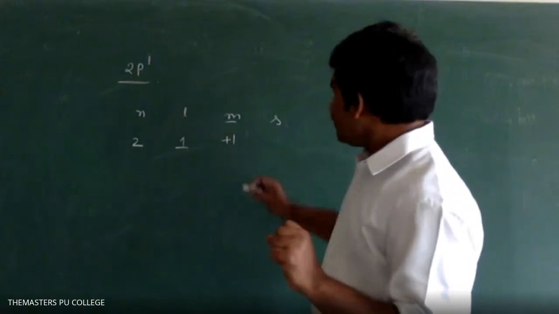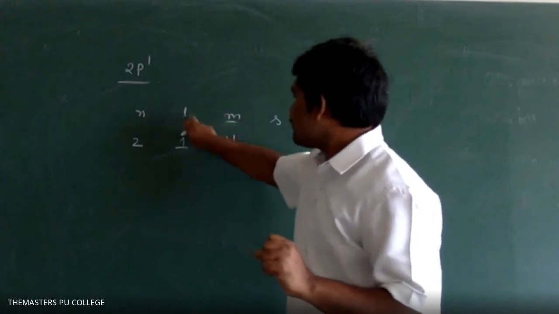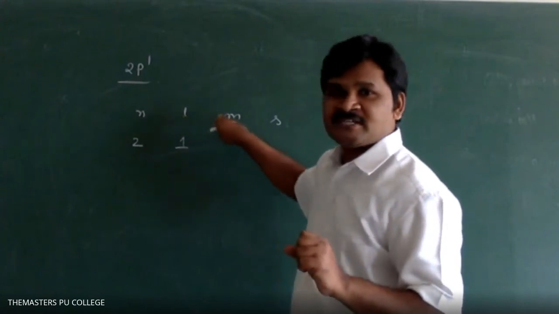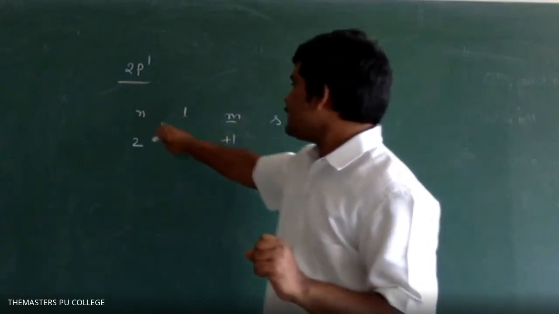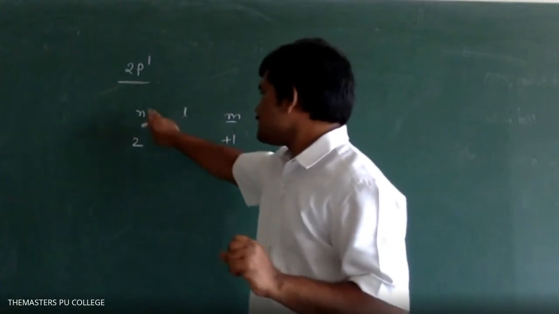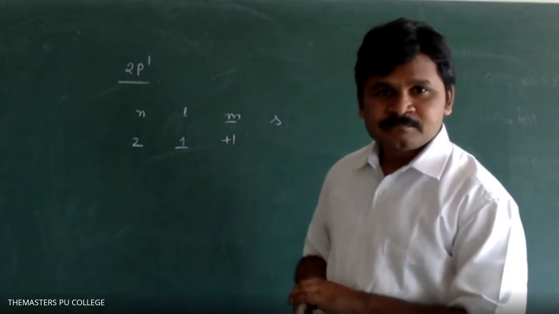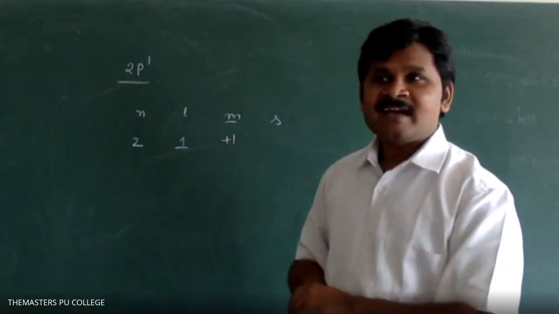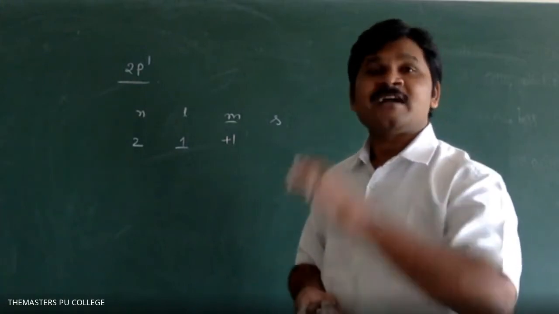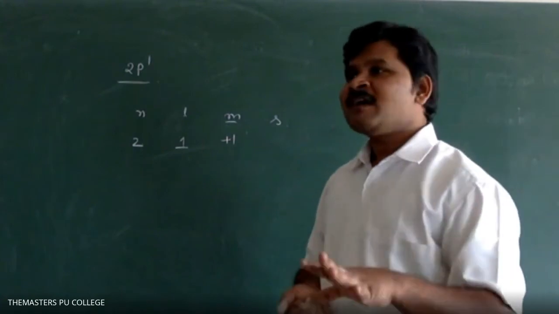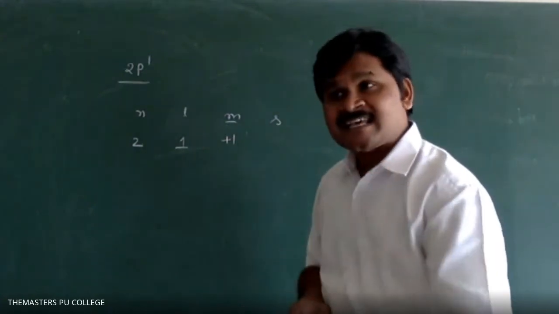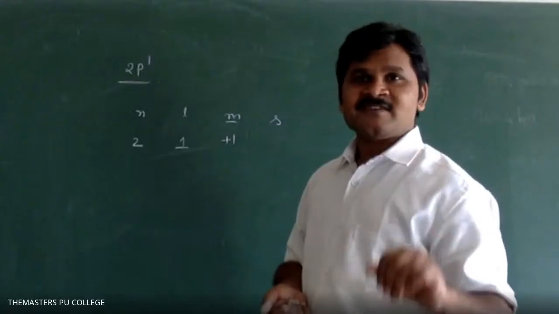So you have to remember these two values in the objective examination, as well as these two values also. Suppose n is equal to 2 and l is equal to 2 is given. Is it correct? No. The n value and l value should not be the same, and moreover, the l value is always less than the n value. Conditions are very, very important.